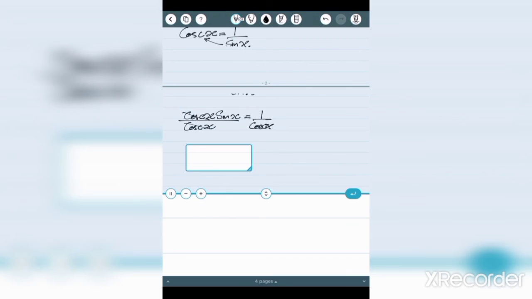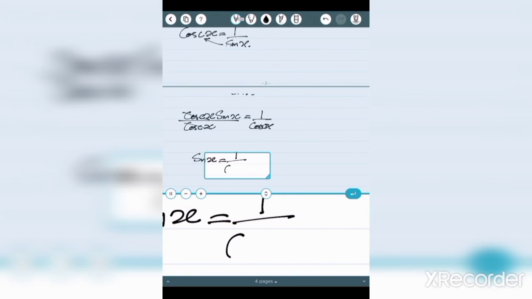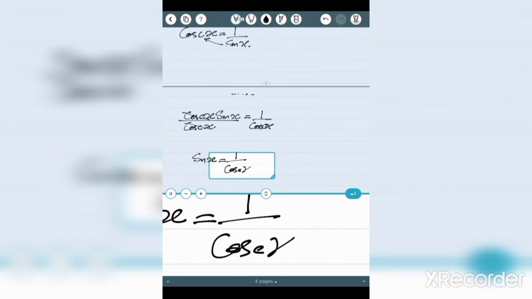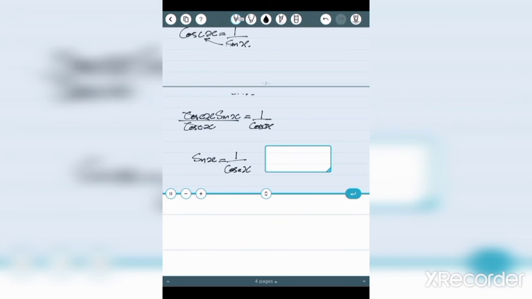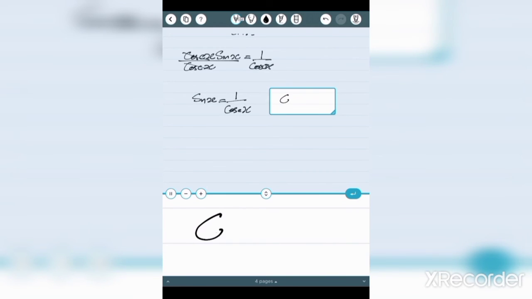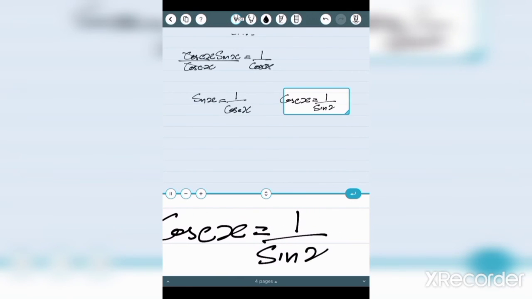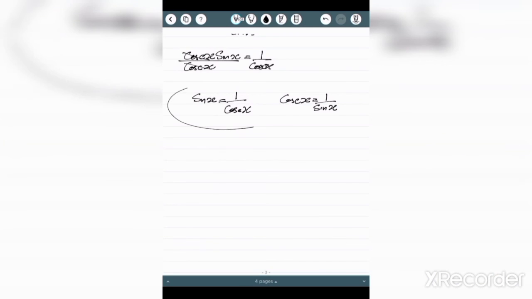We can also establish to say sine x is also equal to 1 over cosec x. So that is true, and we also know that this also is true. Cosec x is equal to 1 over sine x. So there's a number of different ways in which these can actually be expressed, but in whichever